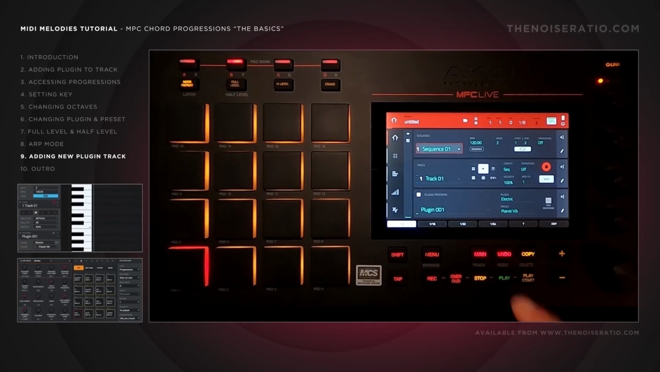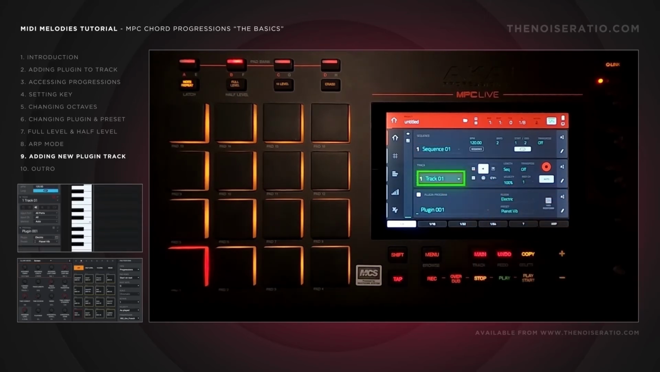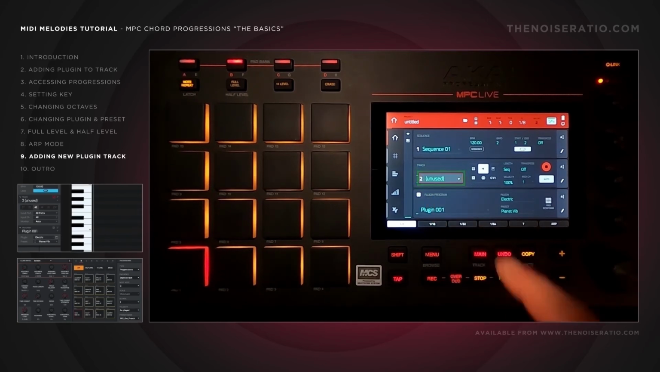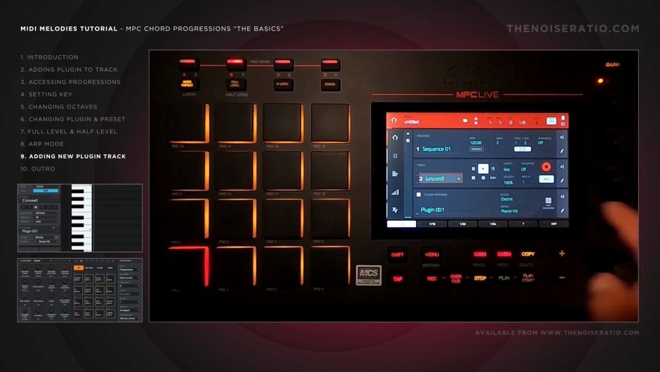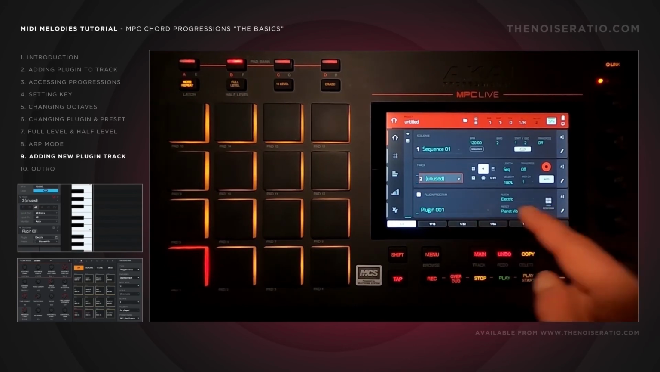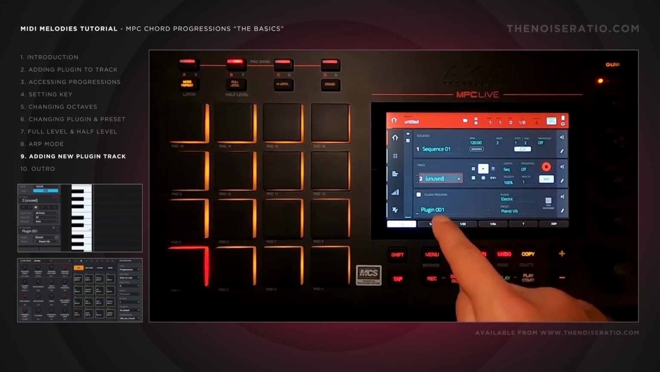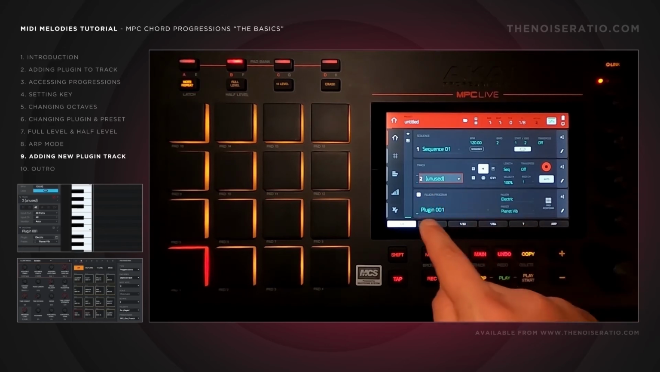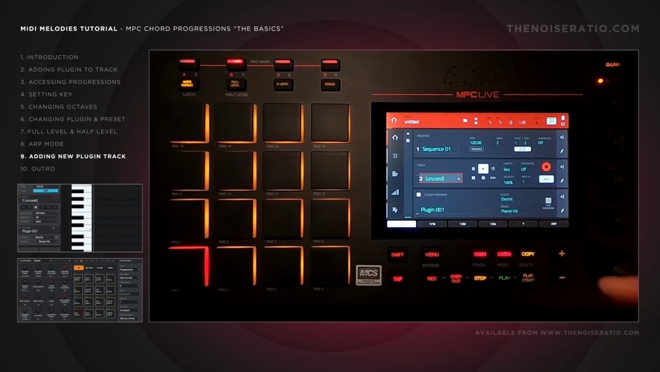If you want to add a new track, the way you do that is if you come over to track and click that and scroll down, here you'll see it says unused. This means this track isn't used. So that has added a new track. However, if I want to add this plugin is still the plugin from track 1. So this is plugin program 001. I can have them both using the same plugin,